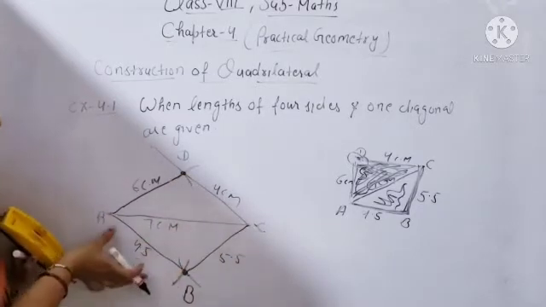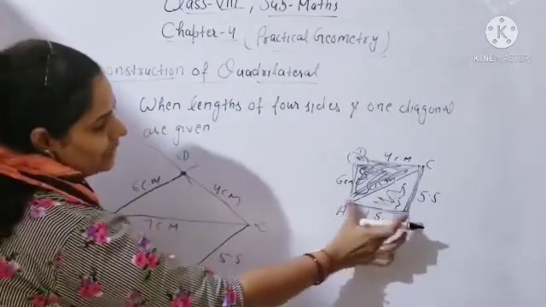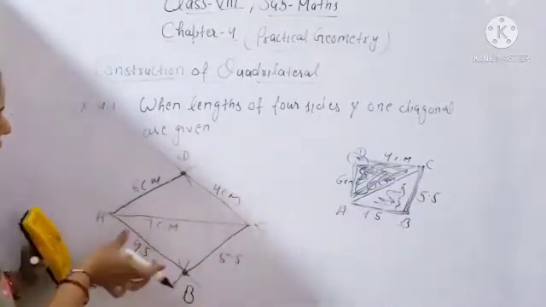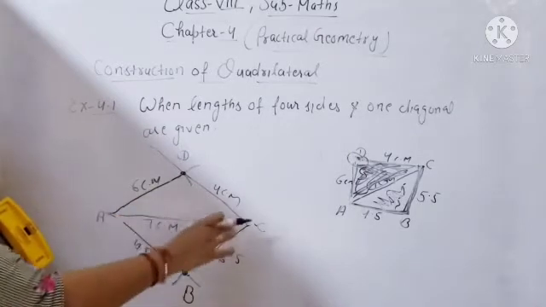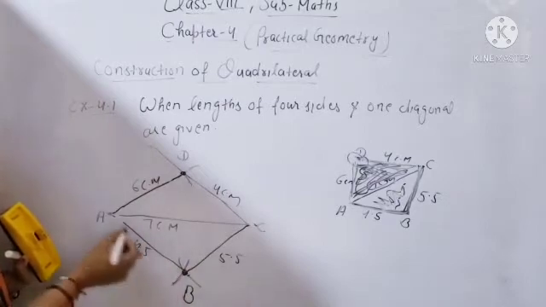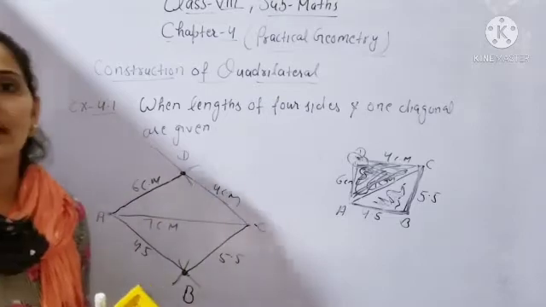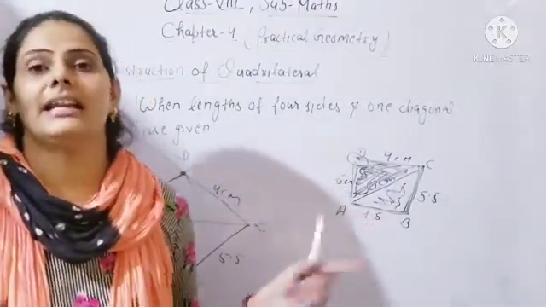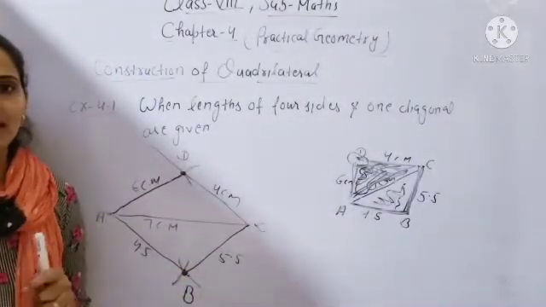Clear? Same like that downwards also. If you draw this one triangle, the intersecting point of AB and BC is point B. So for AB you will open your compass at 4.5 centimeter and draw the arc from point A. Same from point C also you will draw the arc 5.5 centimeter. After that you will join the lines AB and CB. So this is your required quadrilateral where four sides AB, BC, CD and AD are given and diagonal AC is given. Clear beta? So like that you have to draw the quadrilateral.